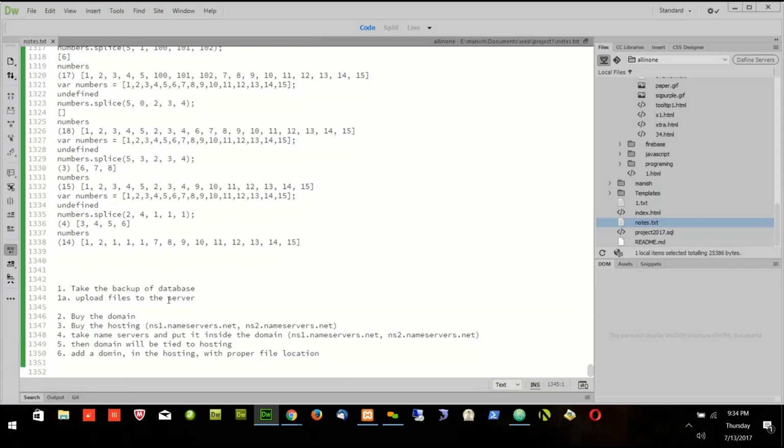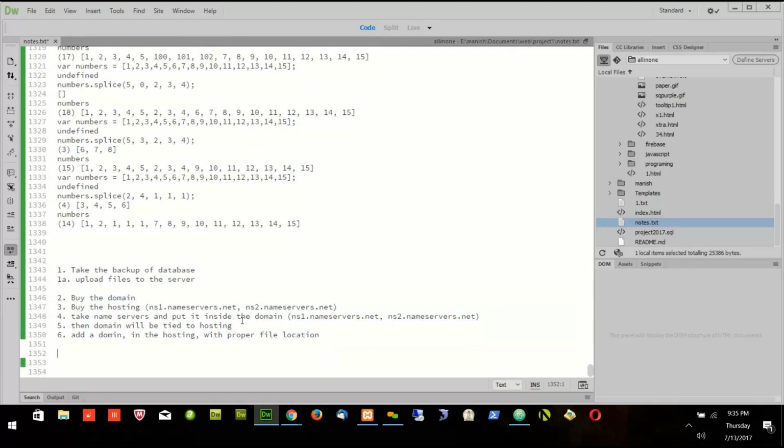Sometimes you don't have any hosting and domain, and you need to create a new one. Then you may need to go through all these steps and add this later on, but it's okay. Whatever you do, you have to edit it later on. So after this one,